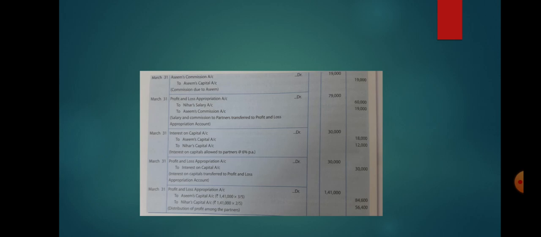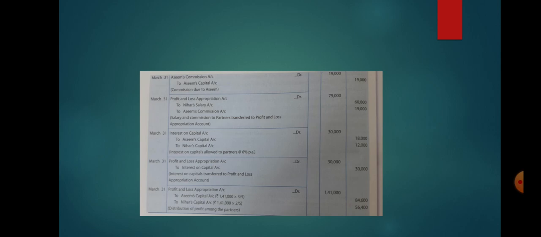Now the next entry would be after charging, as I said, whatever instruction is given in the question, we will follow all the instructions. Whatever interest, salary, commission are supposed to be given to the partners, that would be given, or that would be debited or credited. After posting all the amounts, before I explain this last entry, that is passed on 31st March,